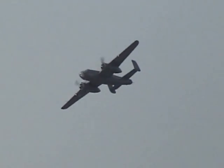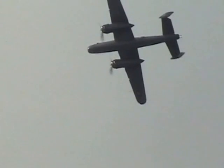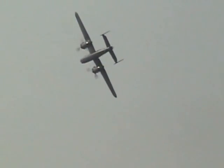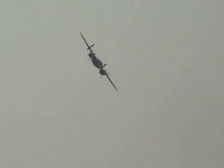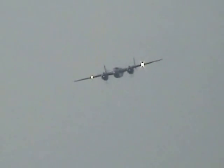20,000 pounds empty weight. That's quite a heavy aircraft. Correct, I'm sorry, that was the empty weight, not the maximum takeoff weight. I thought that was a bit low, 35,000 pounds. Correct. This particular aircraft was delivered as